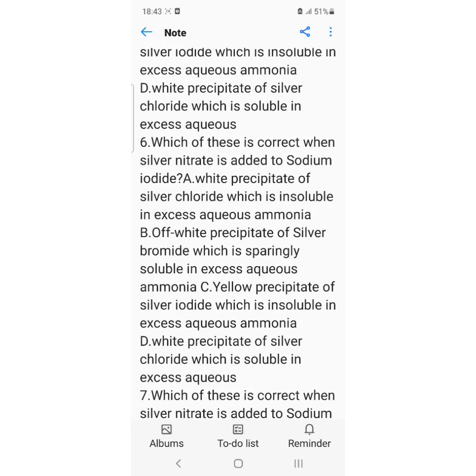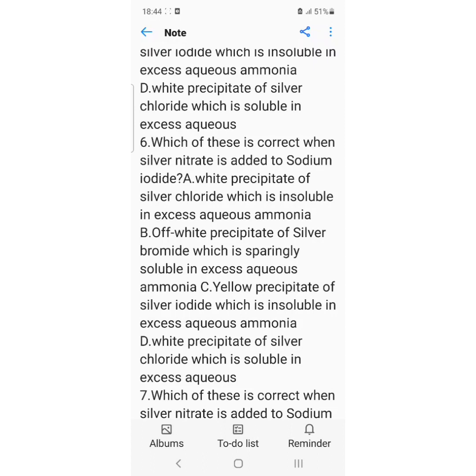Number 6. Which of these is correct when silver nitrate is added to sodium iodide? Alright, I'll repeat the question again. A. White precipitate of silver chloride, which is insoluble in excess aqueous ammonia. B. Off-white precipitate of silver bromide, which is sparingly soluble in excess aqueous ammonia. C. Yellow precipitate of silver iodide, which is insoluble in excess aqueous ammonia. And D. White precipitate of silver chloride, which is soluble in excess aqueous